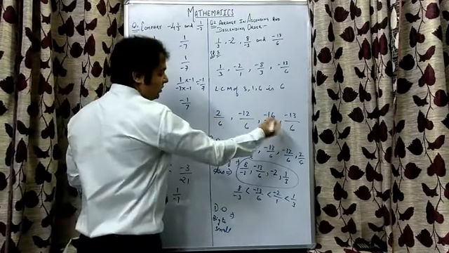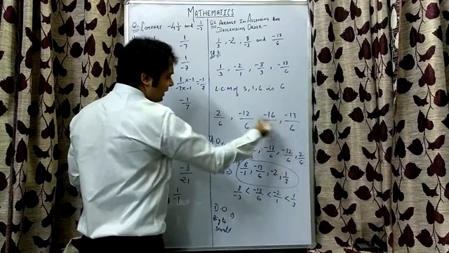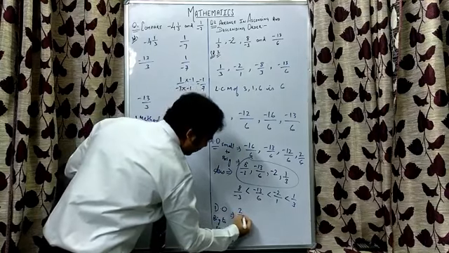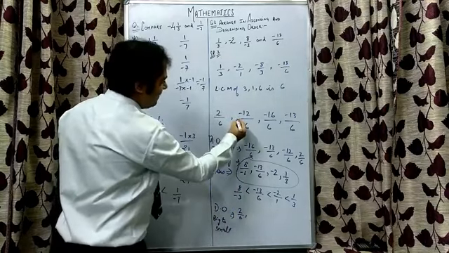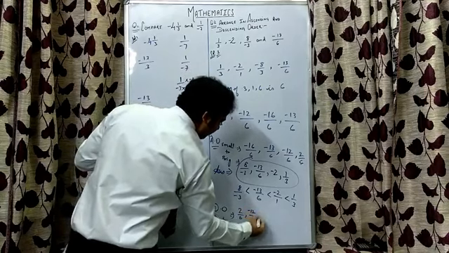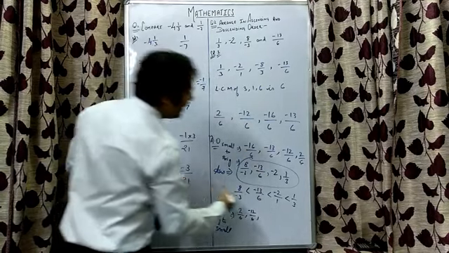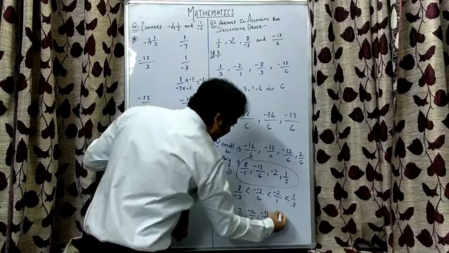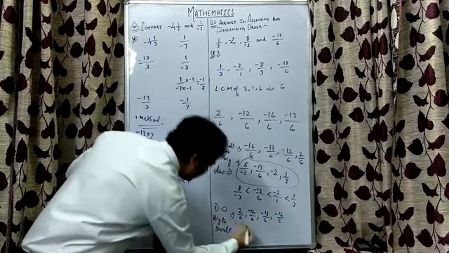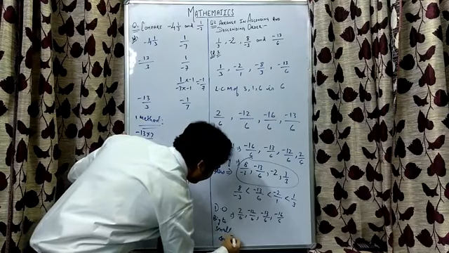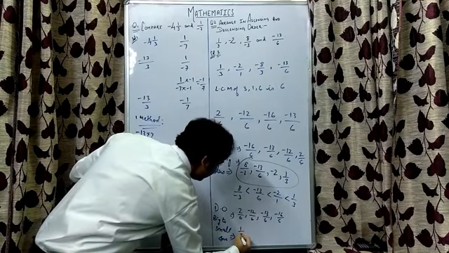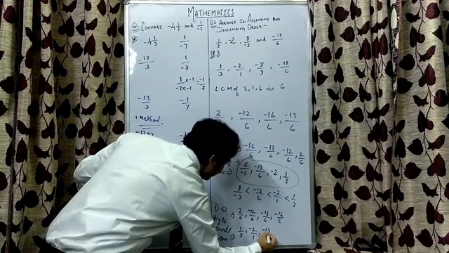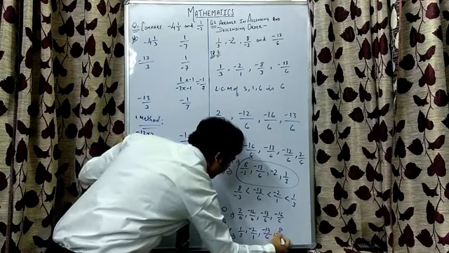We will arrange them into like rational numbers by taking out the LCM. Then big to small, the biggest among all will be a positive one. So 2 by 6 followed by minus 12 by 6 followed by minus 13 by 6 and then at the end minus 16 by 6. Right? And the final answer will be 1 by 3, minus 2 by 1, minus 13 by 6 and 8 by minus 3.